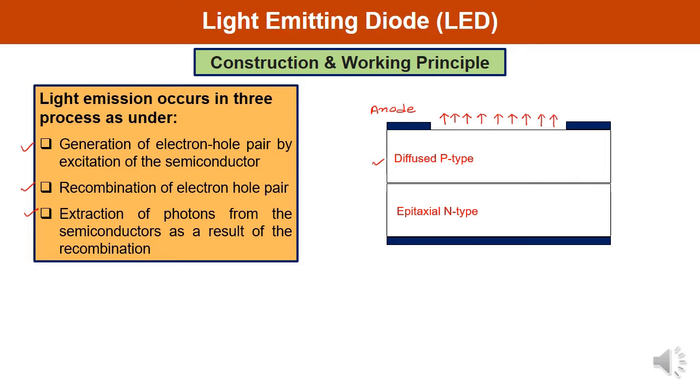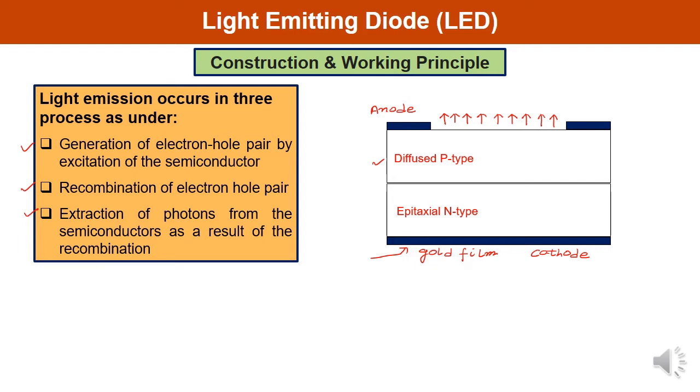And a gold film is applied to the bottom of the substrate. See, this is the gold film. This gold film is applied to the bottom of the substrate to provide the cathode connection. It means here is the cathode, and it is enclosed in a sealed enclosure which is provided with a plastic window on the top of the enclosure to allow the light to pass through.